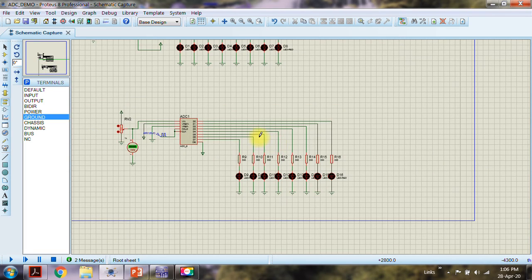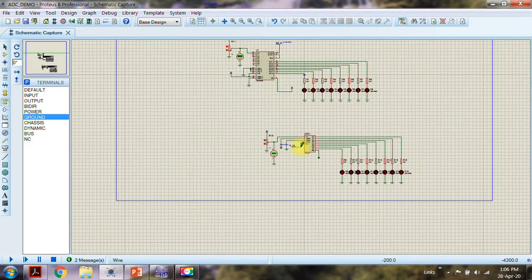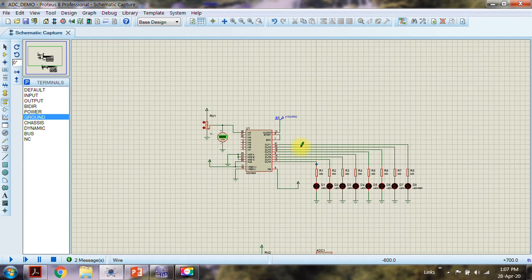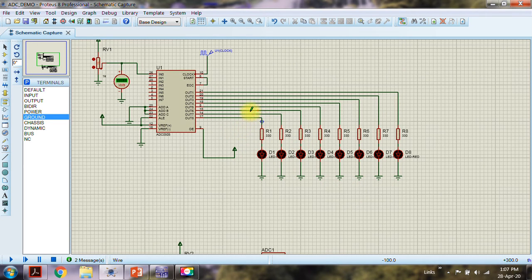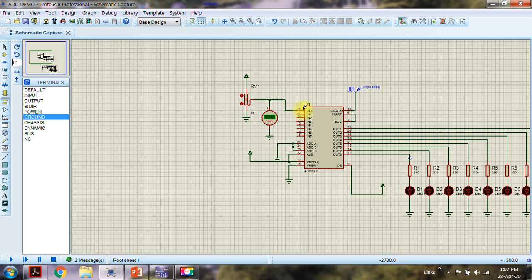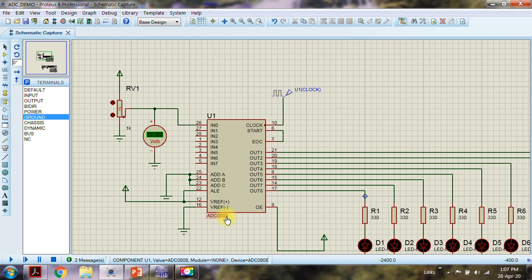Alright, fine. So just like what we have seen in the case of the DAC, we have this ADC 0808. Now here, since it has 8 channels, I am using only channel number 0. Corresponding to channel number 0, the address is 000. We have all the things over here. The clock has been provided. End of conversion, this is important: start of conversion and end of conversion have to be shorted. Okay, and see, this is the simulation of ADC 0808.